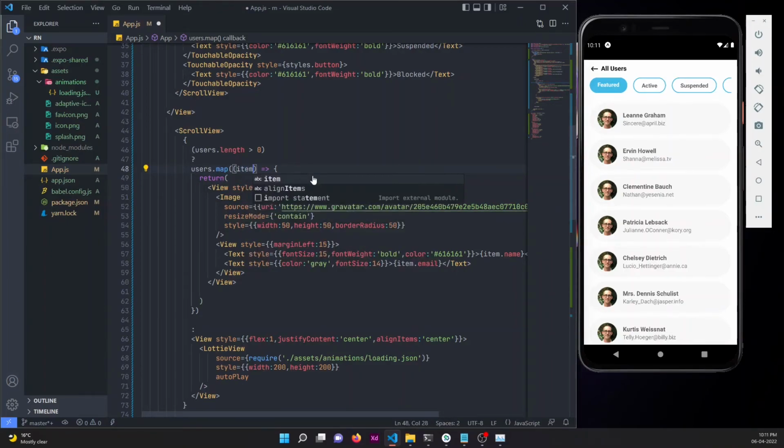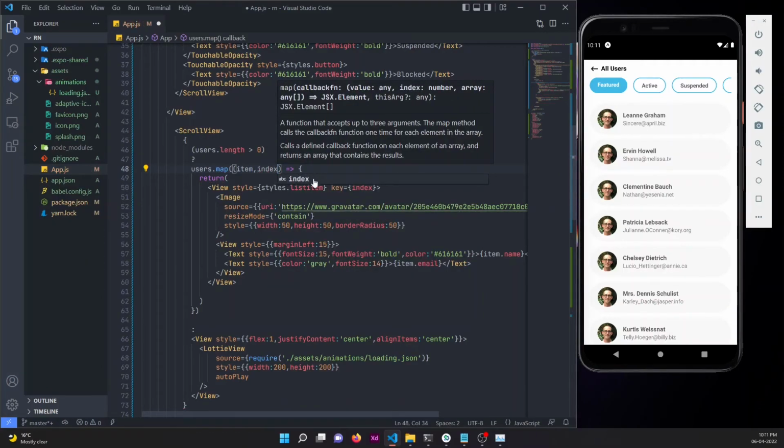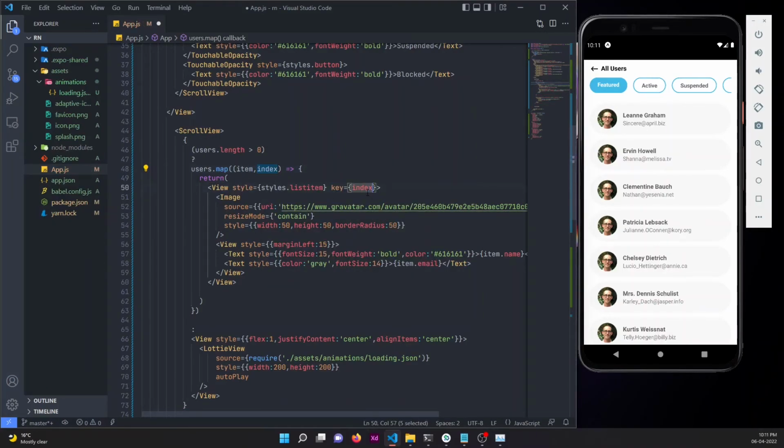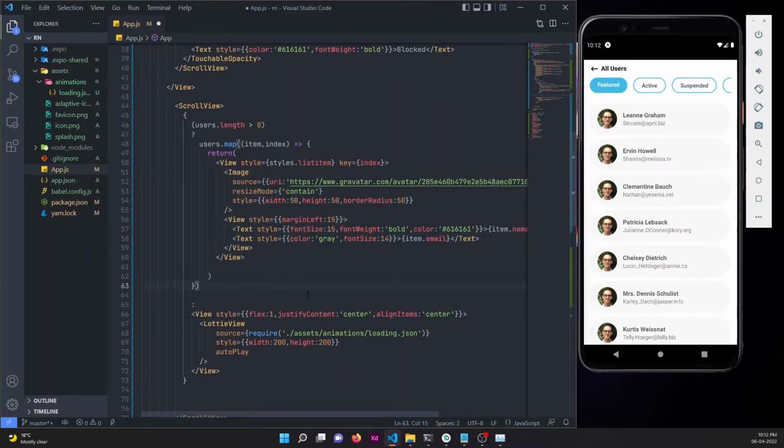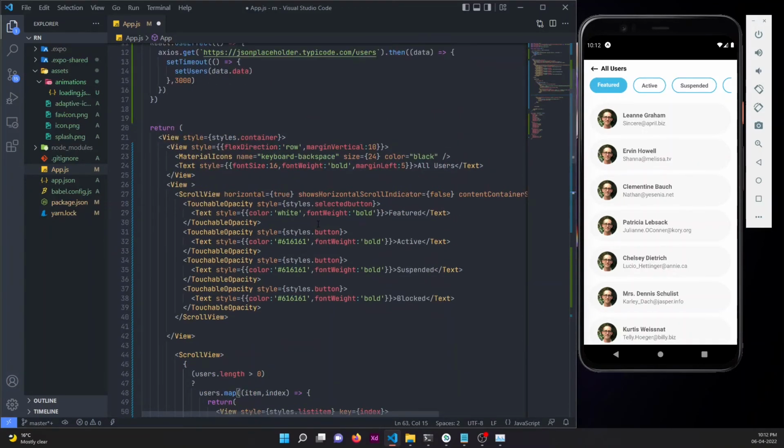So we have already set the key to index, name to item.name, and email to item.email. So we'll just indent a bit, and as you can see, we have set a delay of